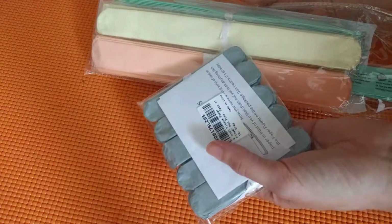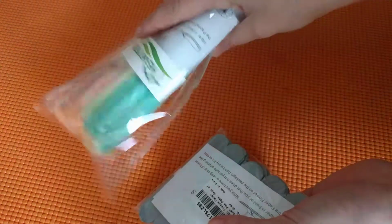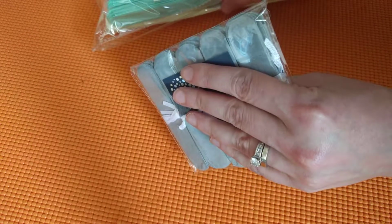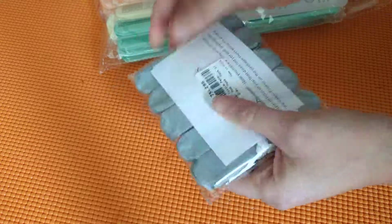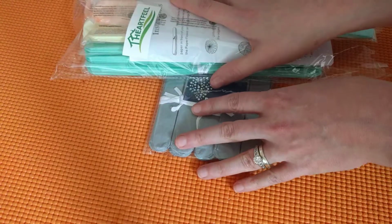I didn't really look at the difference in prices. I mean, these can be pretty pricey for the little kits. I think I paid maybe $13 for this. I don't remember what I paid for this one, maybe $6 or $7 for 2, 4, 6, 8, 10 of them. So you're most likely going to get a lot more out of just buying tissue paper and making